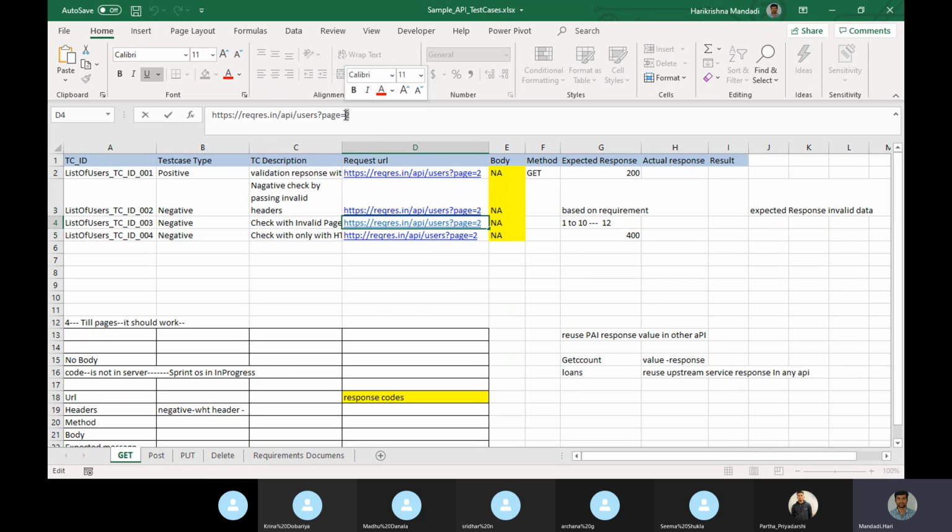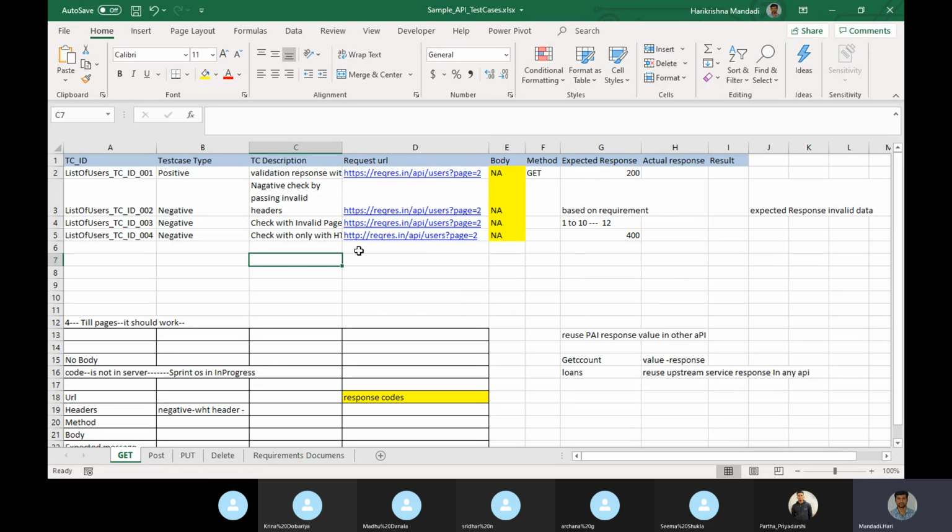Okay, so by providing the invalid parameter, this is a query parameter, right? The query parameter value I am giving is wrong. If there is no query parameter, then we will not write this case. If there is a query parameter, then we will write it. That's why this scenario came, because I am passing something at the endpoint.